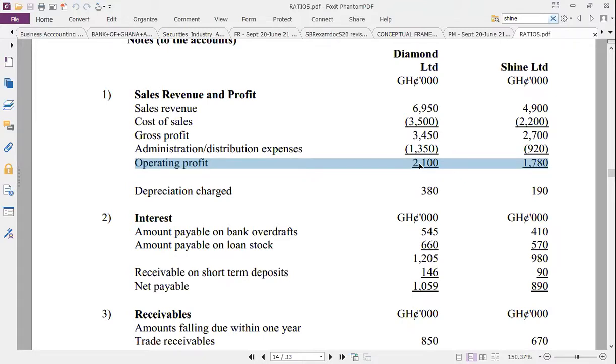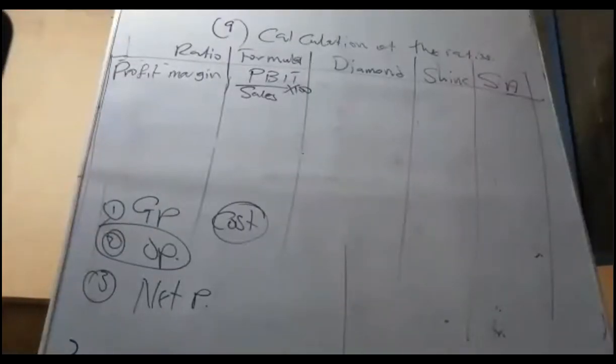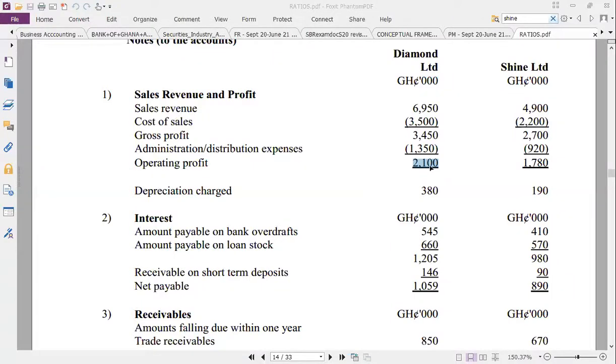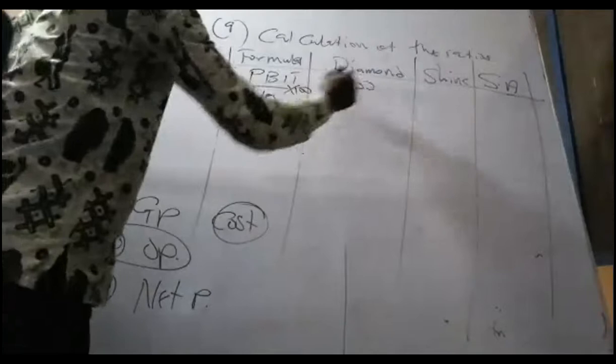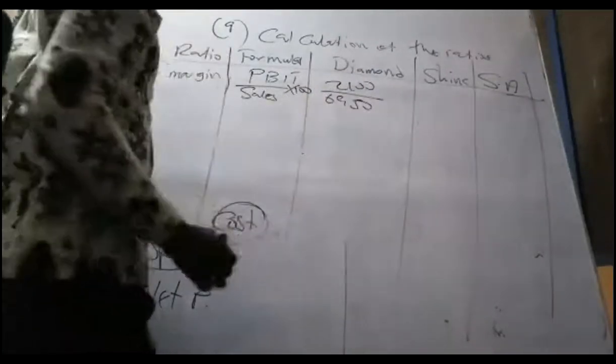Here there's no other income. If there's no other income, operating profit is the same as what? Profit before interest and tax. That is all. Oh, I didn't pick the figures, so let's pick the figures. That's 2,100, and then the sales is 6,950. Shine is 1,780. Diamond is 4,800. So 2,100 over 6,950. Shine 1,780 over